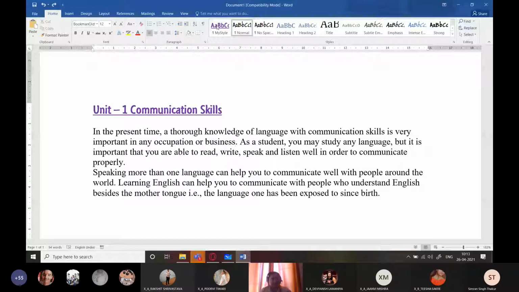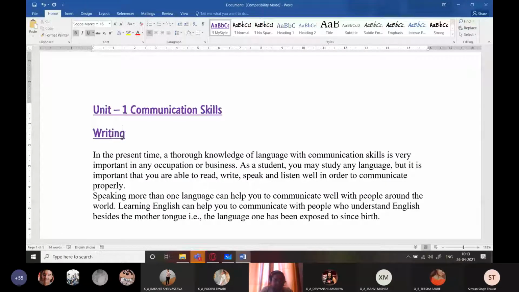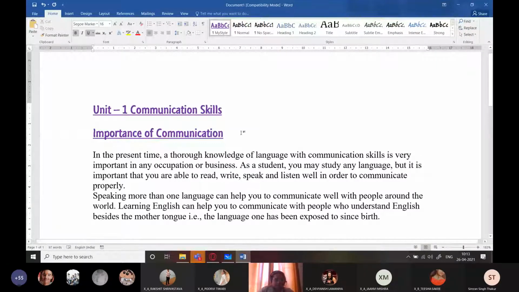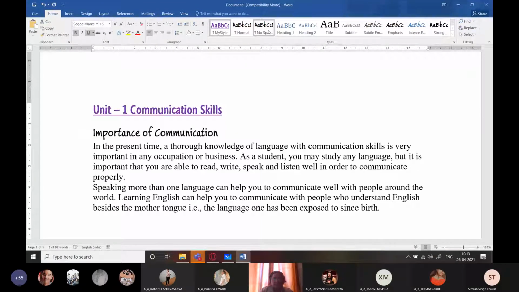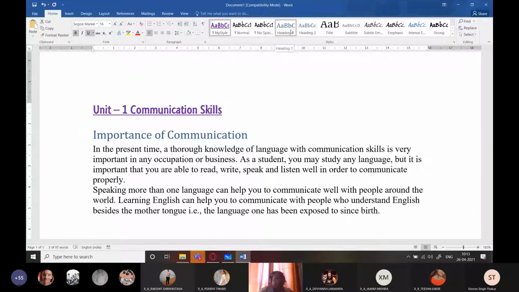It is in fact very easy to create a new style or update any style. Suppose I want to update a style. I am writing here, importance of communication. I've written this and I want to apply some other style. Suppose I applied this style over here, heading, right? And I want to just update the style.